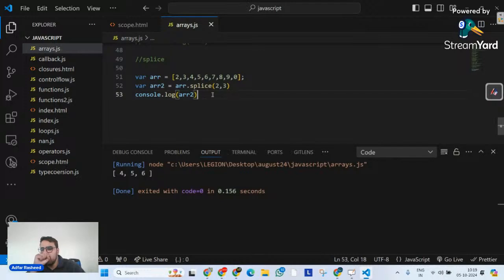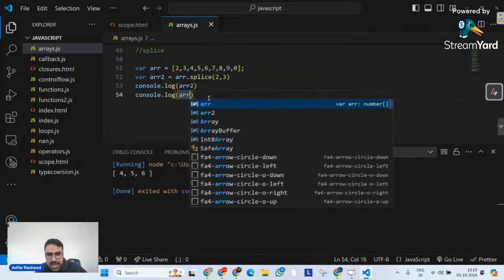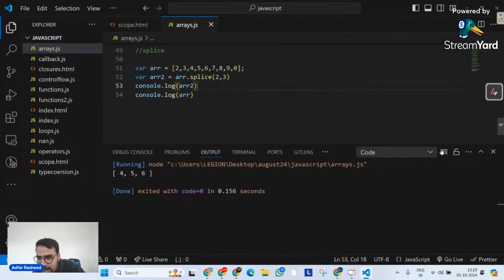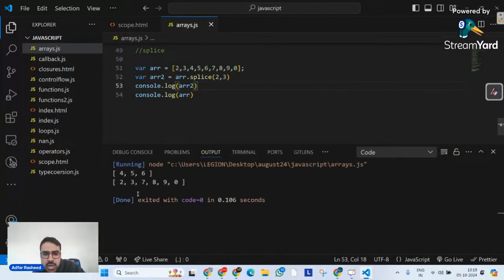Then what is happening over here? And what does 2 comma 3 mean? And what will it do with the original array? If I go to the original array, is there any change? Let's try to see that. If I execute it over here, you can clearly see my original array is updated. So let's understand what splice does. As of now, I have passed only two arguments, 2 comma 3.